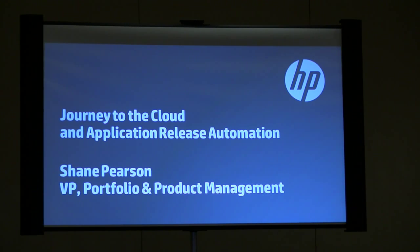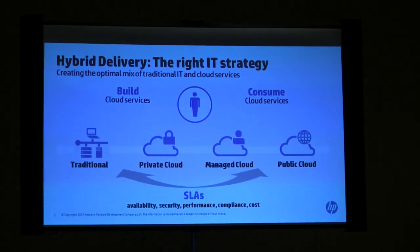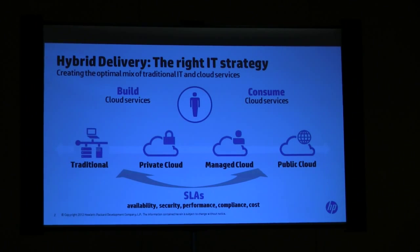A lot of this technology actually is similar from the standpoint of the automation side or the tools. What's changing very quickly is the technology underpinnings and some of the things people are trying to do. So first I'm just going to start with the idea that we're giving people the ability to work in either these single delivery models or across them. We've already seen this slide, but it comes back to this again,